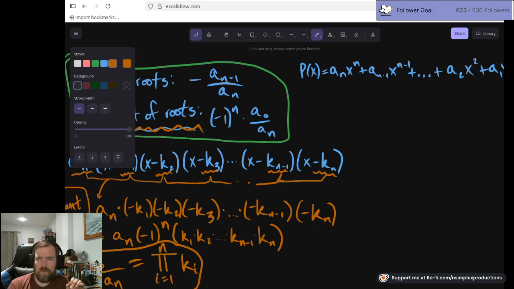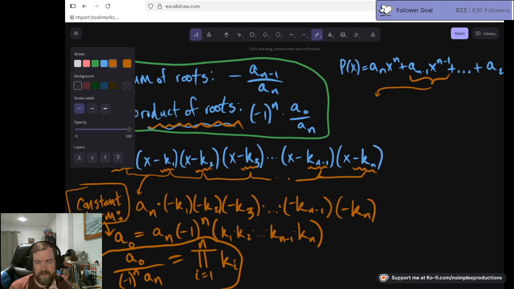So the ones that only count one k value are the x to the n minus 1 term's coefficients. So that says that we're going to get a sub n minus 1 is equal to